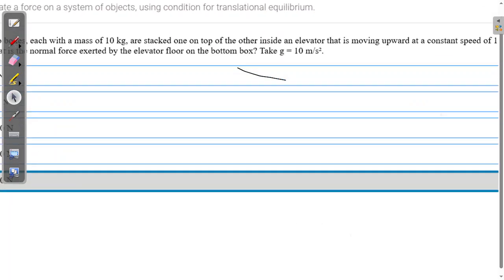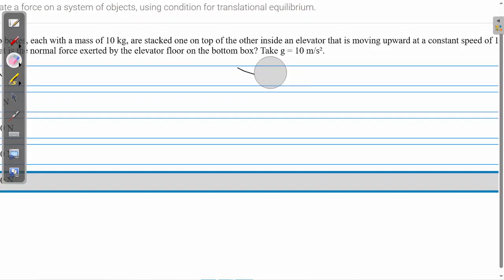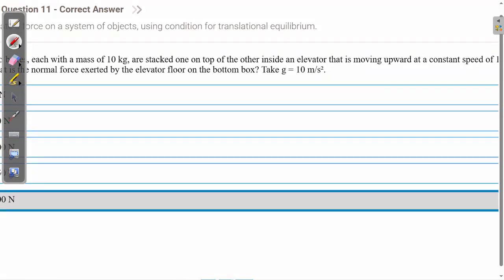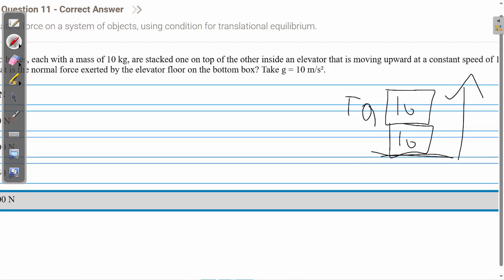Okay, I know they said bottom box, but I'm gonna draw the free body diagram of the top box first to make you understand. First of all, this is just a general picture of how it looks like this. 10 and 10, and it's going up. Yeah, this is the top box. So the free body diagram for it will be,